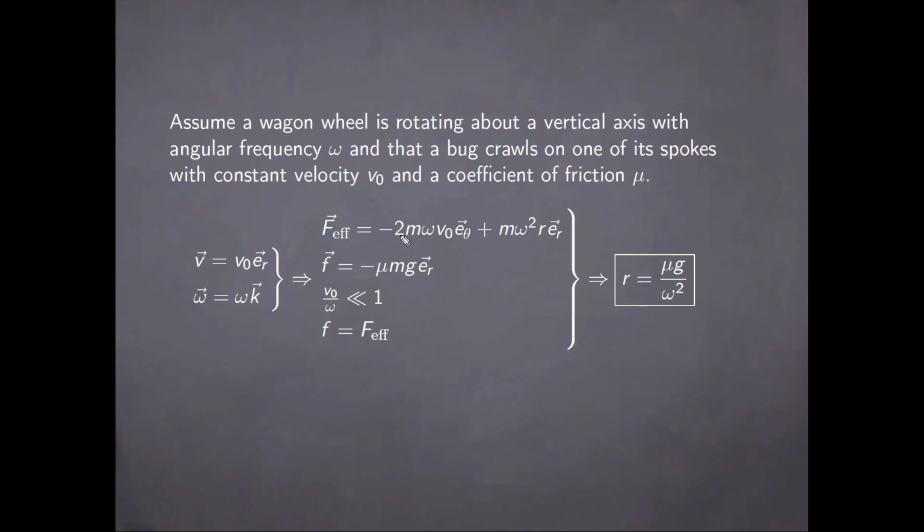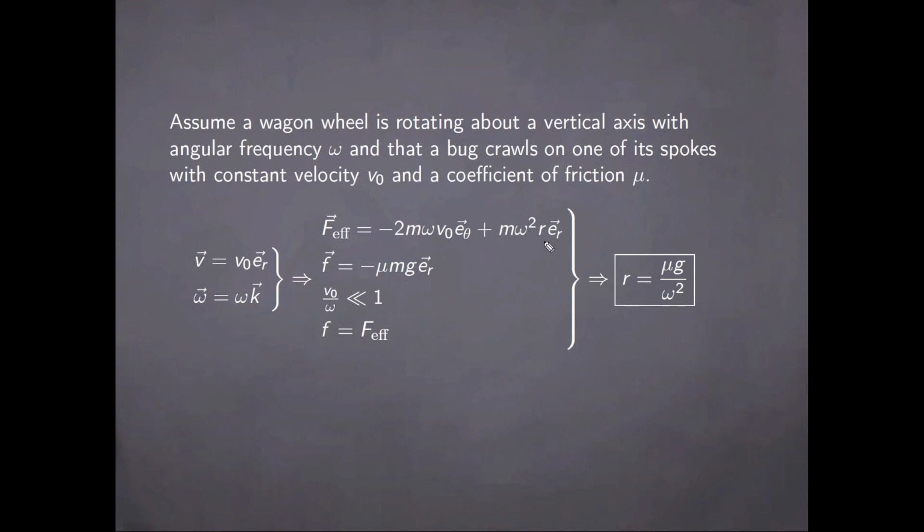Given the ratio here being much smaller than 1, the bug is moving at a small velocity compared to the overall rotation of the wheel, so the Coriolis term is much smaller than the centrifugal one. Then we ask the question, at what radius would the frictious force become equal with the total effective force